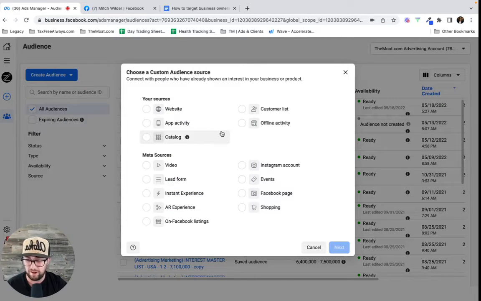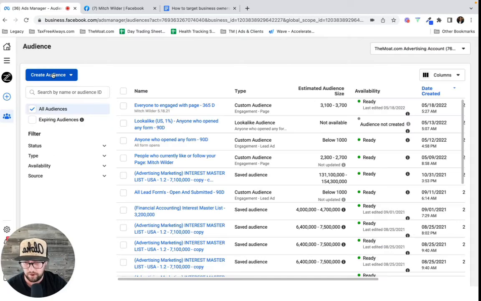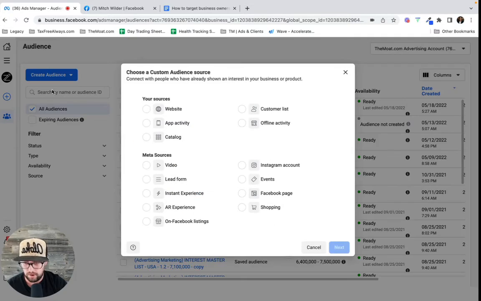Now you might be thinking, well, how do you target business owners based on that? There are two ways to do it. One, you can retarget the people who engaged with that post. The way you would do that is to go to custom audiences, and then to the Meta sources. You can do this with Facebook or Instagram.